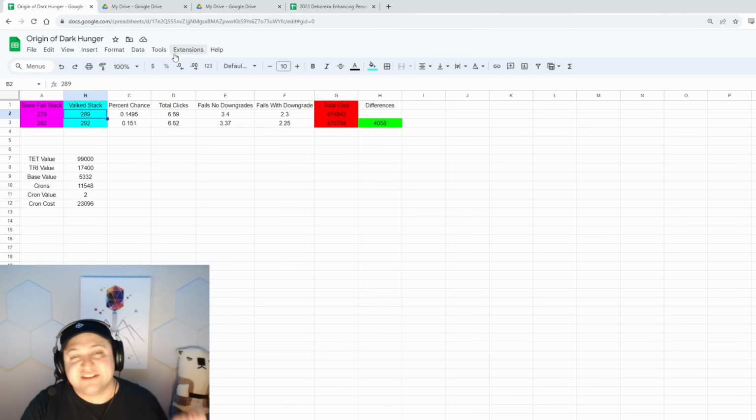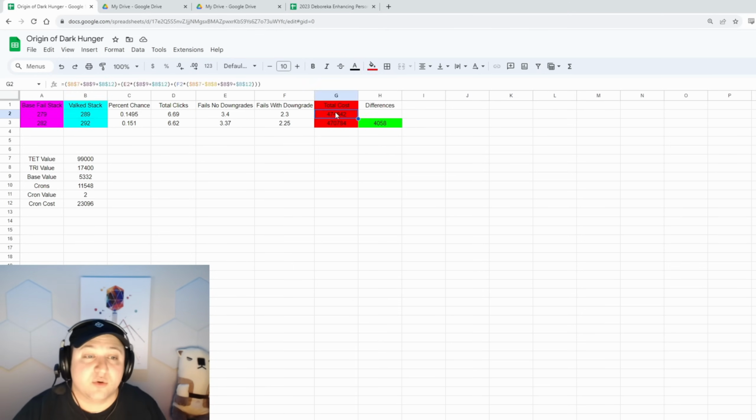So I think this is a higher stack than you'd actually want to use, but I think this is the one that paints the Origin of Dark Hunger in the best light. So how much saving would we actually get? Well, we can calculate what the total cost to make it is in this red column right here, and we see that it's